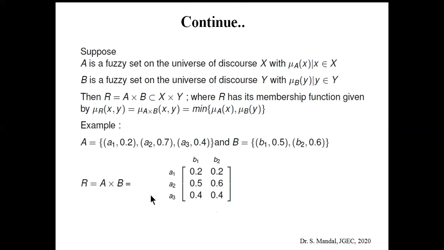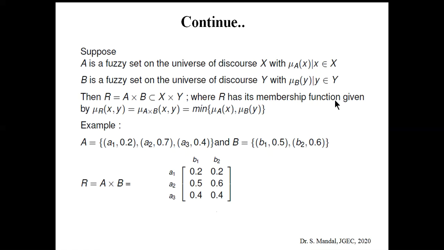A is a fuzzy set on the universe of discourse X with membership function mu A of x, so that x belongs to capital X, and B is a fuzzy set on the universe of discourse Y with mu B of y, so that small y belongs to capital Y. Now the relationship is expressed as capital R equal to A Cartesian product B, A cross B, so that it is a subset of X cross Y. So R is the fuzzy relationship,